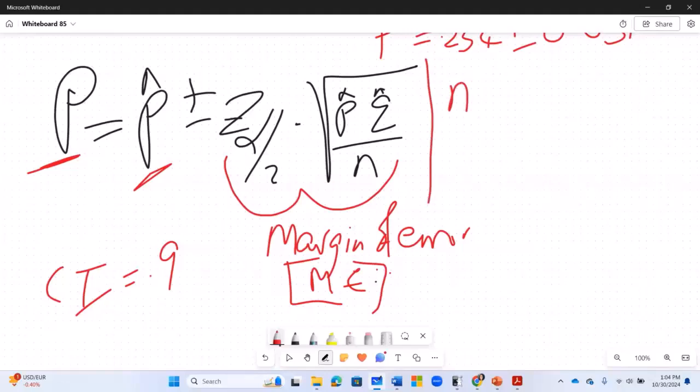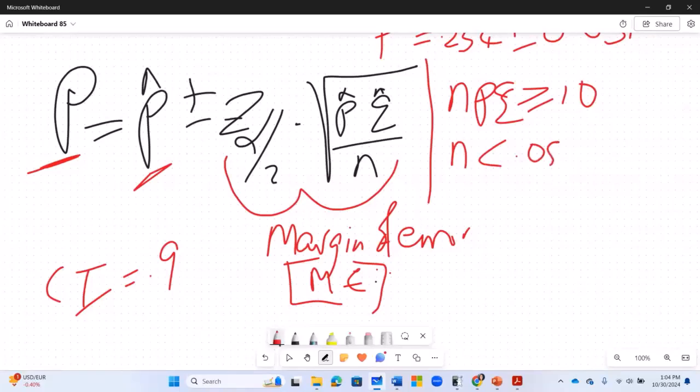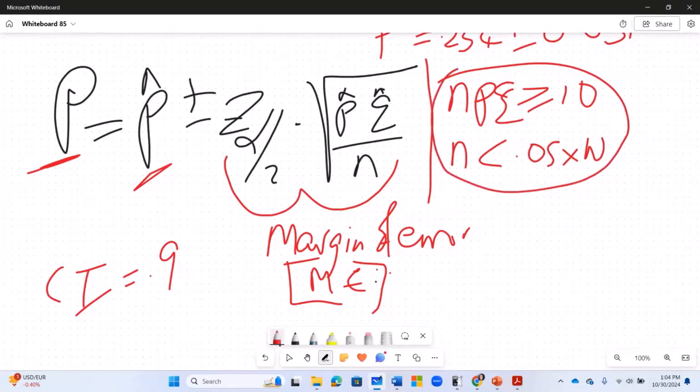The conditions are that npq must be greater than or equal to 10, and the sample size must be less than 5% of the population, 0.05 times the population. So these are the main conditions before you can convert from binomial to normal. And if it is normal, then you can use